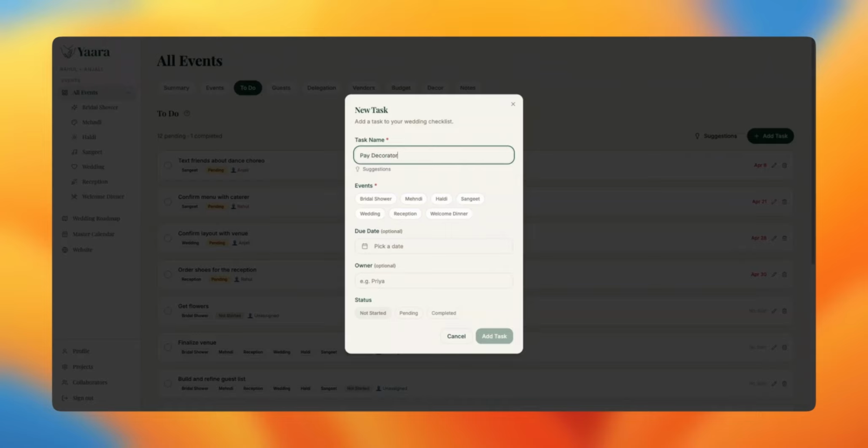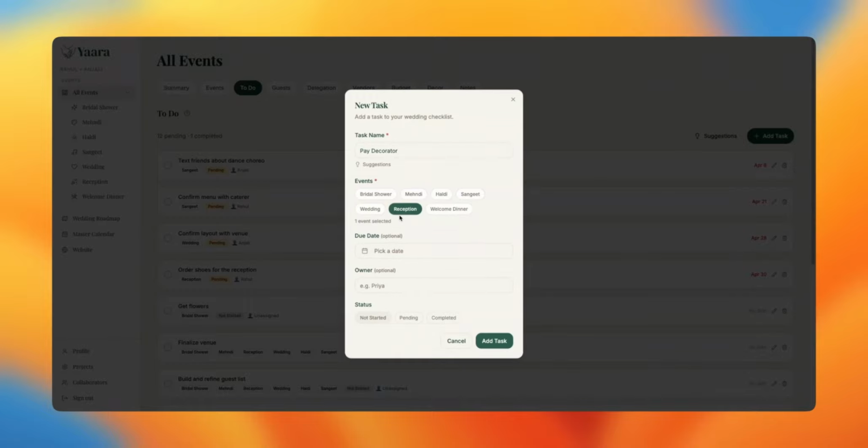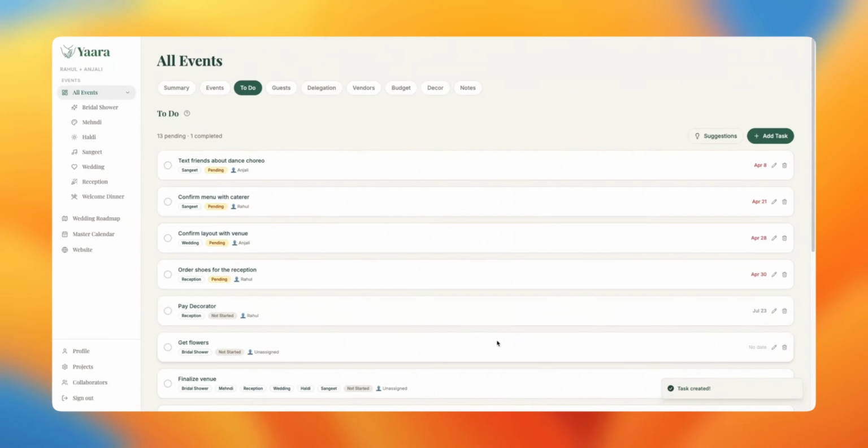So here we'll input the task name, which events we want this task to be tagged by, and we can tag it for multiple different events. We can have a due date as well as the owner, so who's responsible for completing that task. And then finally have a status, so is it not started, pending, or completed. Once we have all that filled out, we can click Add Task, and it should add it to the To-Do